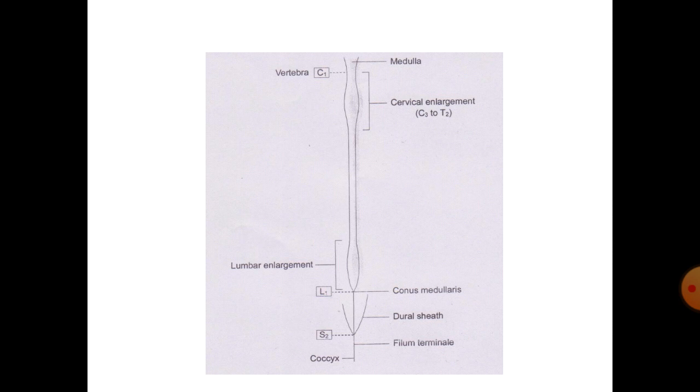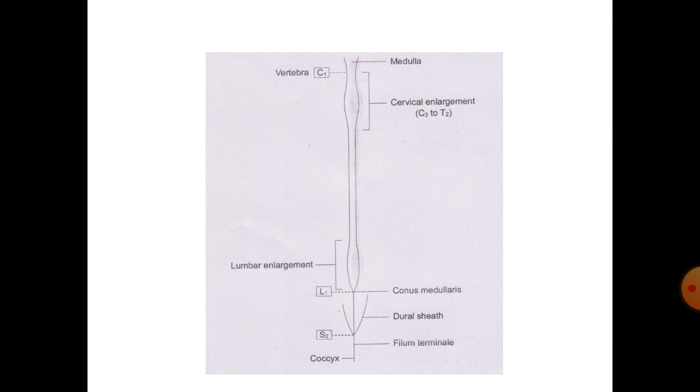The hindbrain, the medulla is there, and it ends at the C1 and C2 vertebra, and from there begins the spinal cord. Spinal cord is around 45 centimeters in length and about 1.25 centimeter in width. In the cervical part and lumbar part, there is thickening or enlargement of the spinal cord, and from this area the nerve fibers for upper limb and lower limb arise.